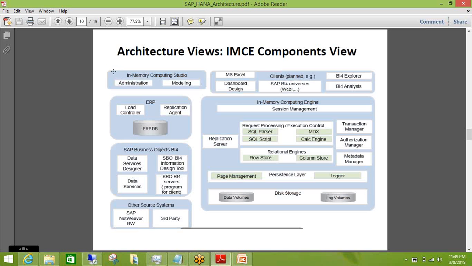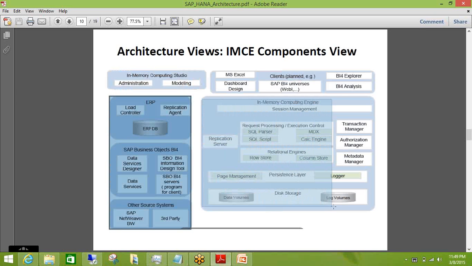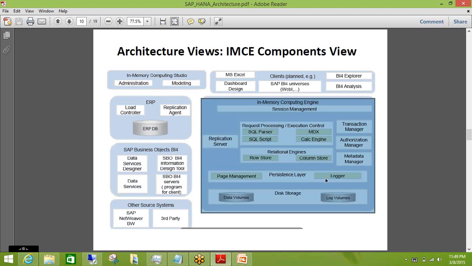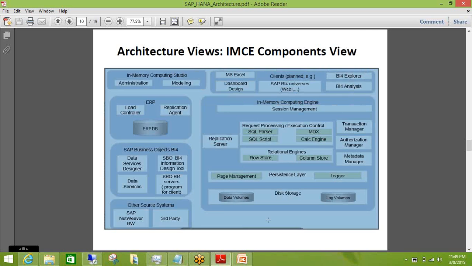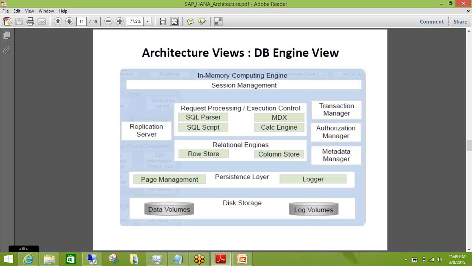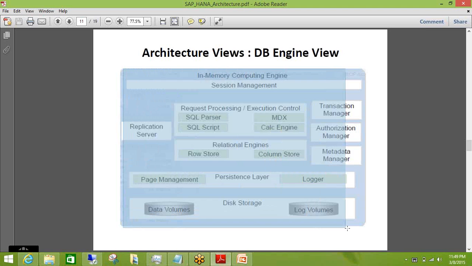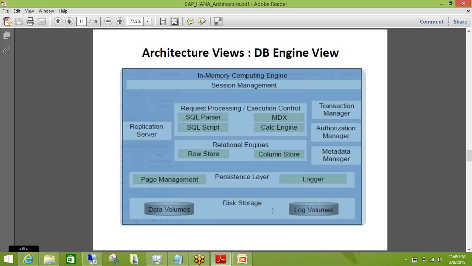This is your HANA Studio, this component is your data source, this component is your database engine view, and this component is your BI client tool. Now we are discussing the next slide, which is the database engine. It is nothing but your server part. Whatever you have seen in the server, you are using that as a database engine view.